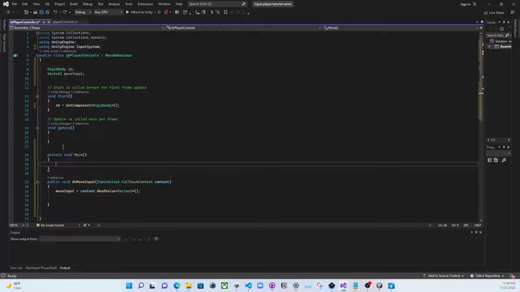Had to undo that. All right, so our move method or function, I use those words interchangeably. There is a difference between the two, but I don't know the difference yet. All right, so next steps. You got it in the move input, so